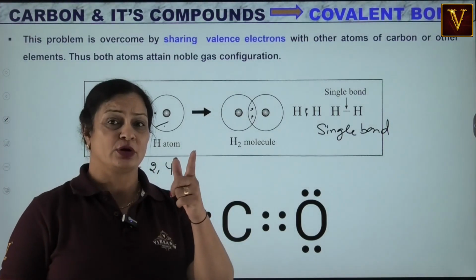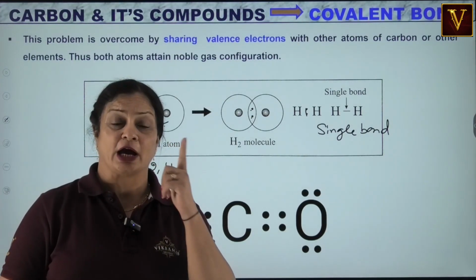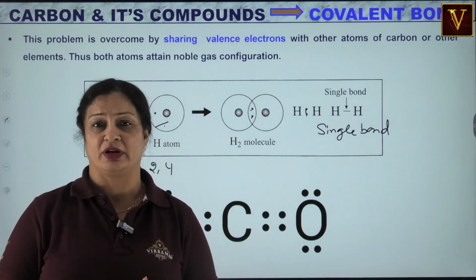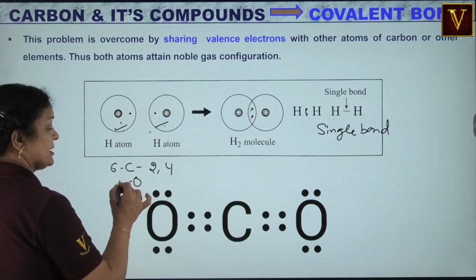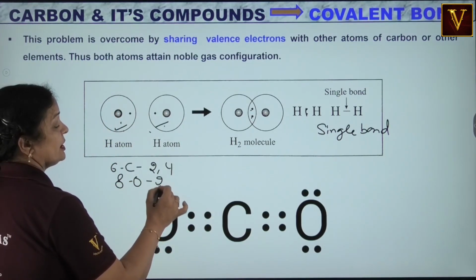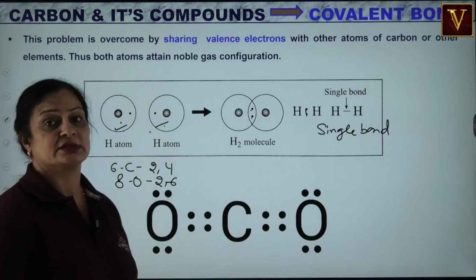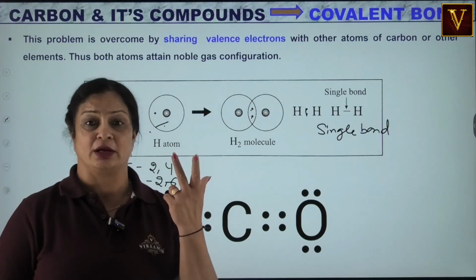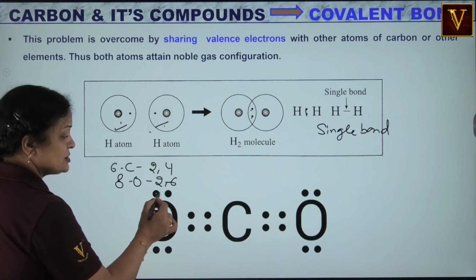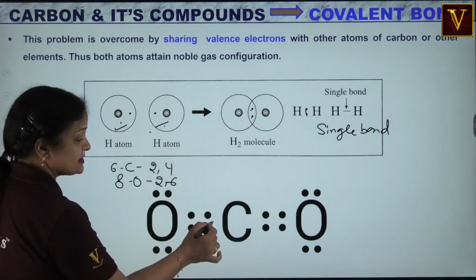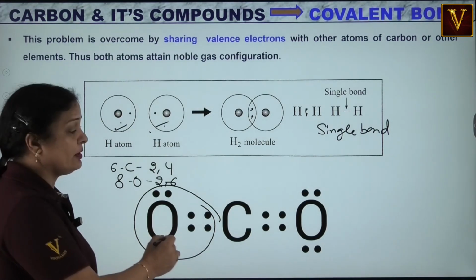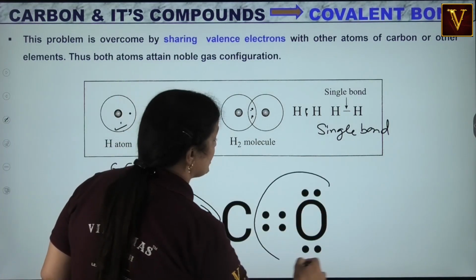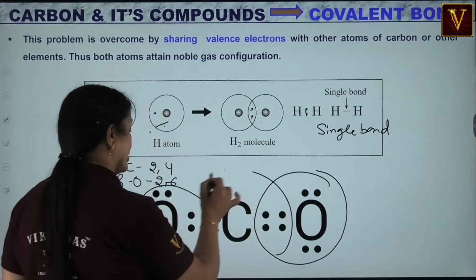How many electrons are required by carbon to attain noble gas configuration? 4. And oxygen, atomic number 8, electronic configuration 2, 6. Oxygen requires how many? 2. So 1, 2, 3, 4, 5, 6 and 2 in this case. So now, how many electrons does oxygen have? 8. This oxygen atom has 8 and carbon